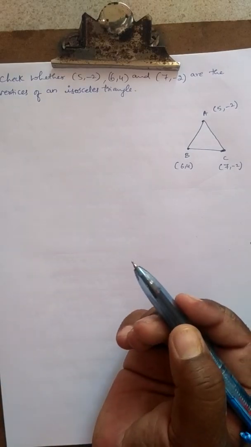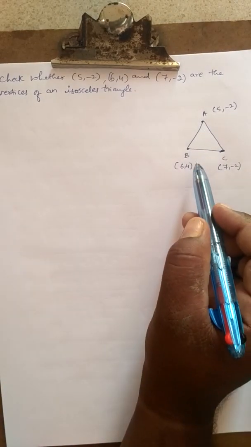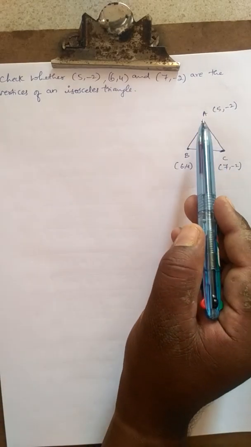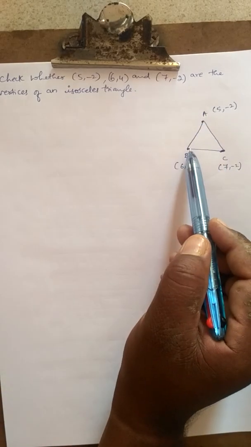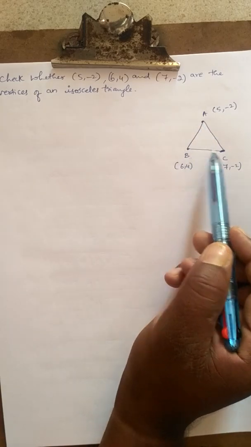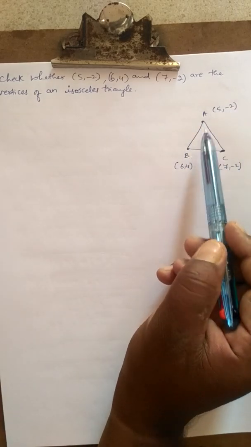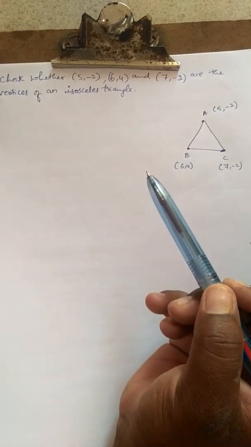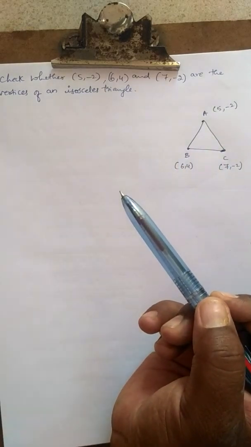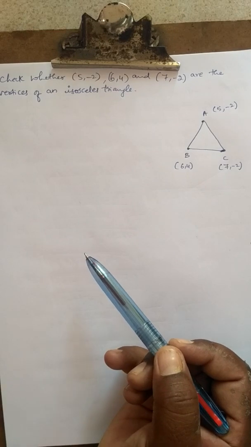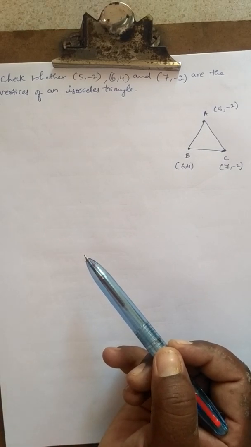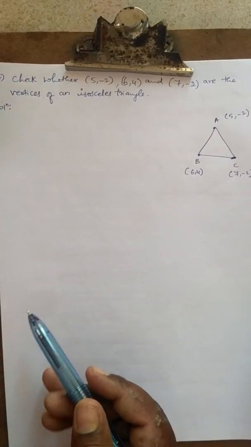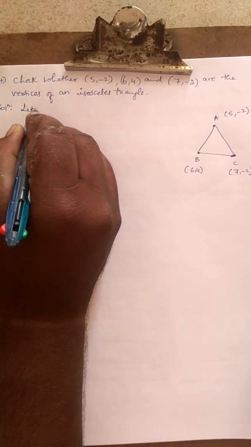So to check what is the side of AB, what is the side of BC, what is the side of AC, we need to find the distance between the coordinates. After finding the distance of AB, BC and CA using these three coordinates, we have to check if any two sides are equal, and then we say these coordinates form an isosceles triangle. Otherwise these coordinates do not form an isosceles triangle. So let us check for this.